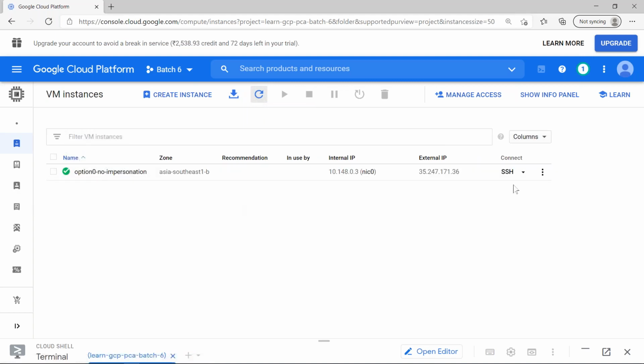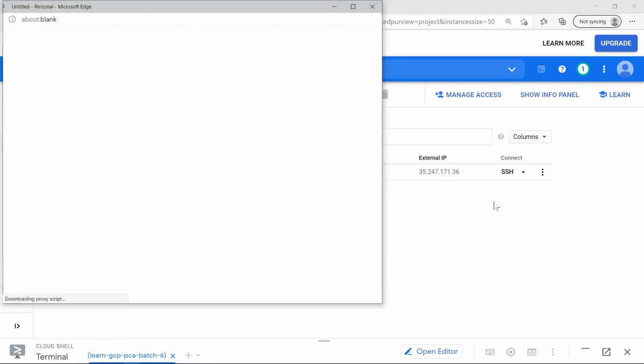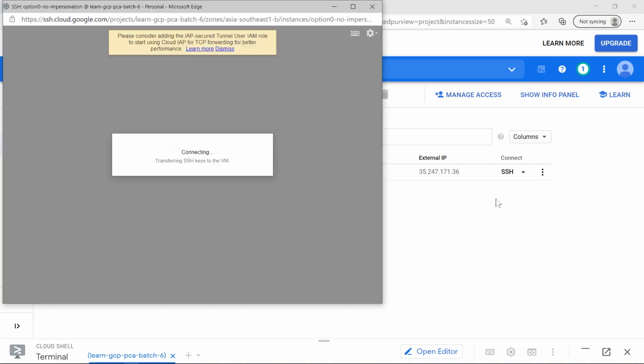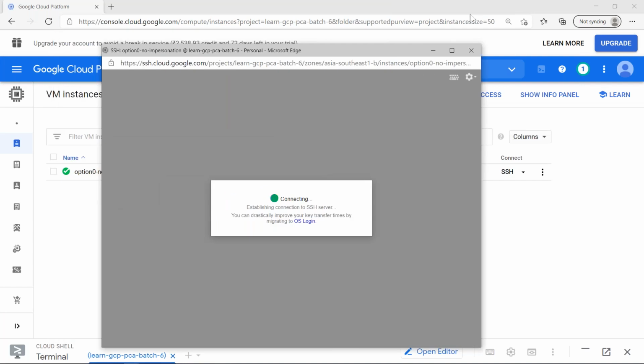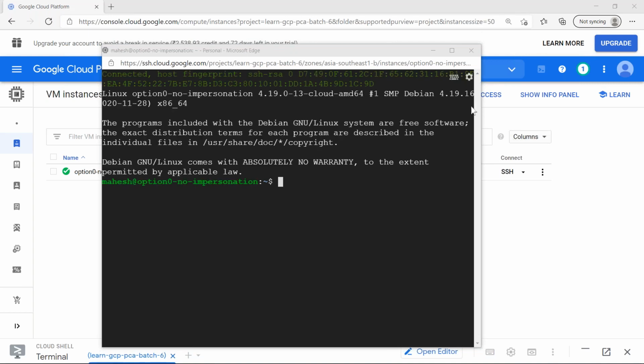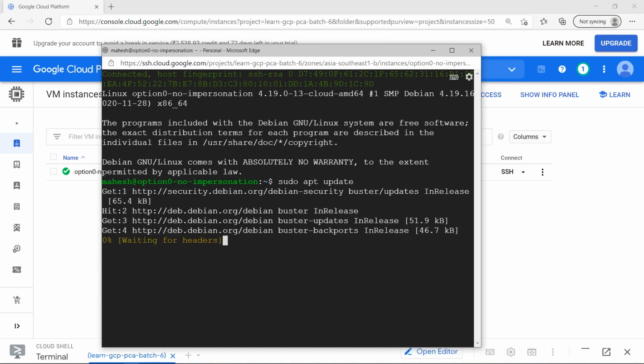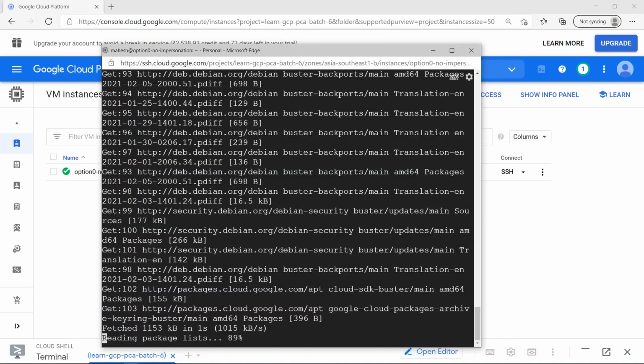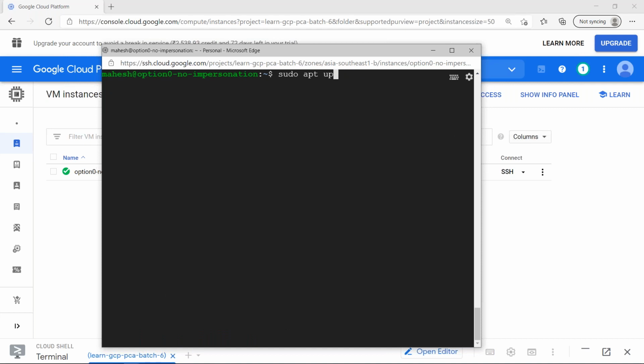You see, the virtual machine is created. Let me see whether I can SSH into this. We'll talk about what is IAP at a later point of time. Done. I have the virtual machine, folks. I can do sudo apt update. It's a virtual machine which I have got. I can do whatever I want here. I can access Google,